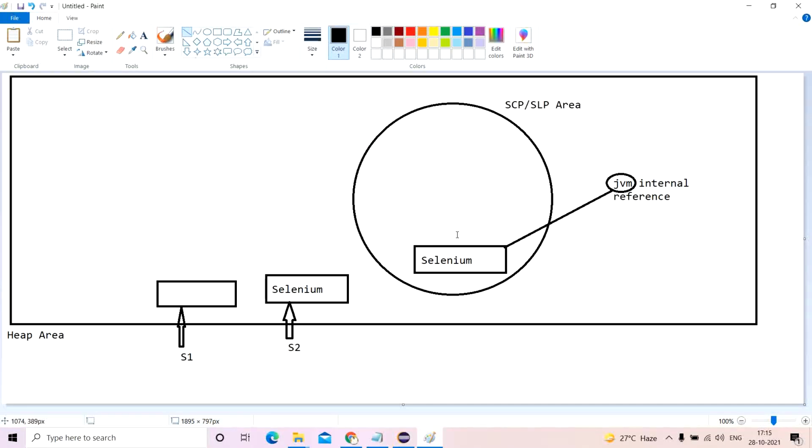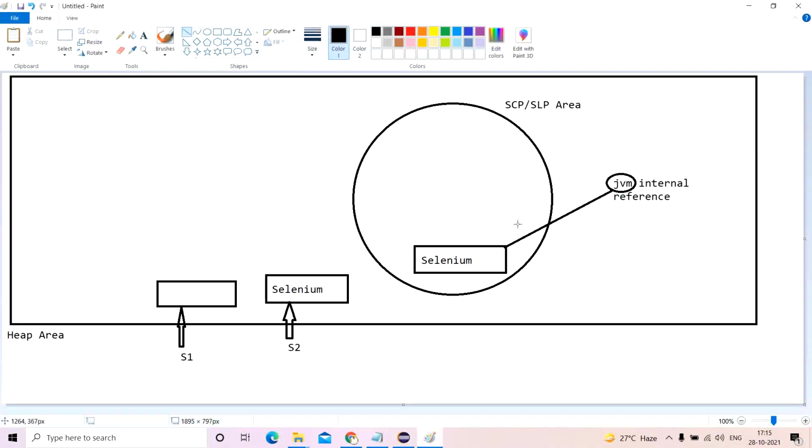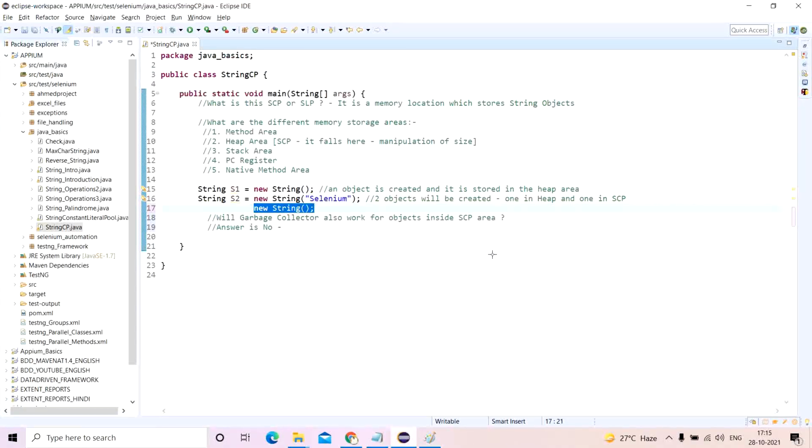If an object is not getting used in the heap area, it will get deleted by garbage collection. But anything inside the SCP or SLP area, even if it is unused, will not be deleted by the garbage collector. Please remember this. Okay, now let us understand something.